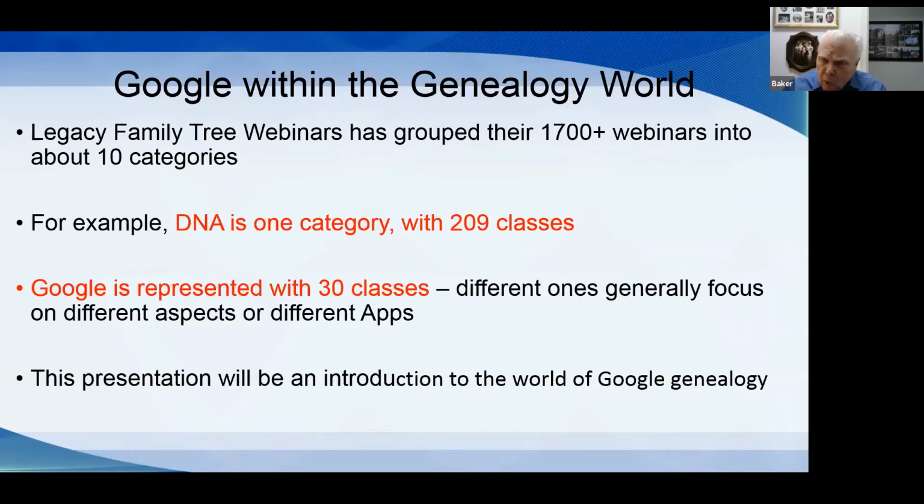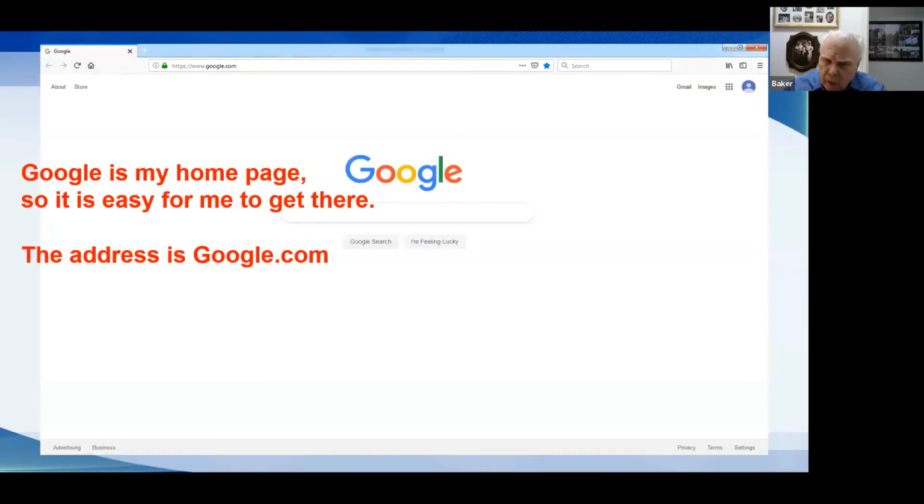But Google also, I clicked on that and counted them up. There's about 30 different classes, different webinars that they're giving on different aspects of Google, where different speakers will focus on a different app or something like that. Well, this evening we're going to do a more broad brush kind of look at Google. But you get the idea that I'm not the only guy who knows about Google in genealogy.